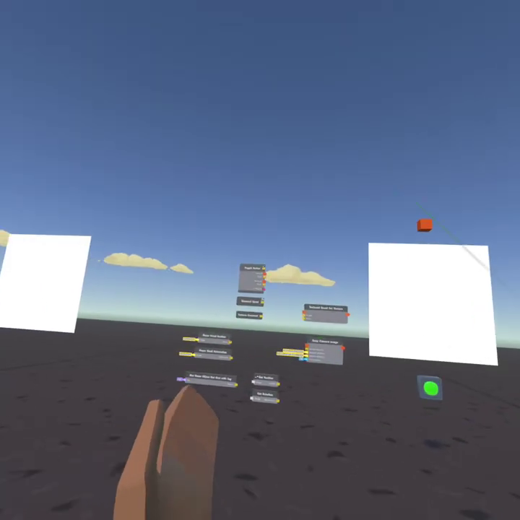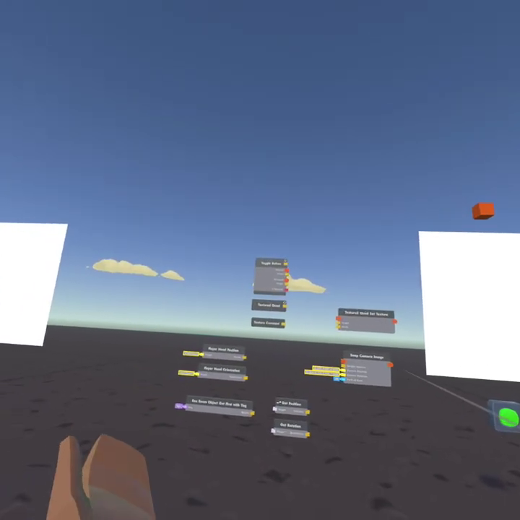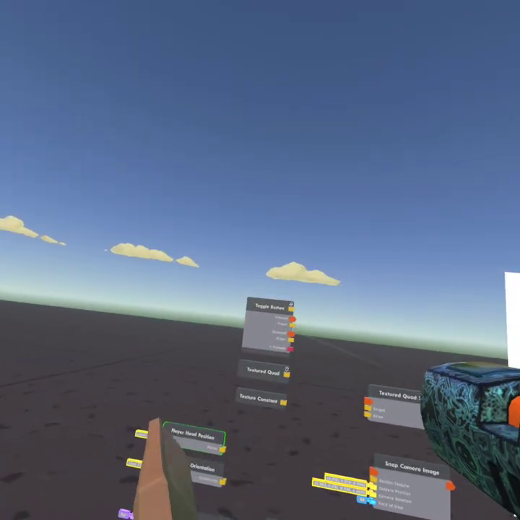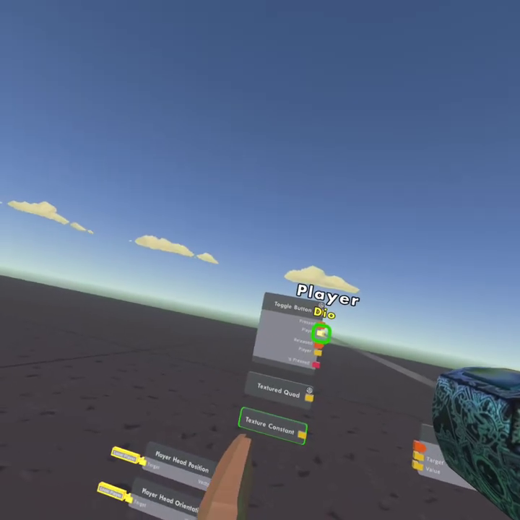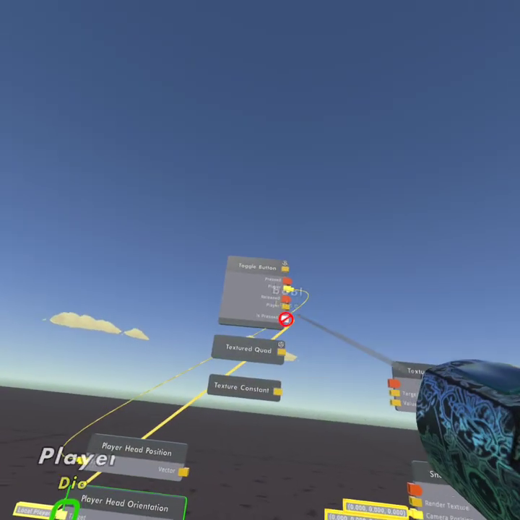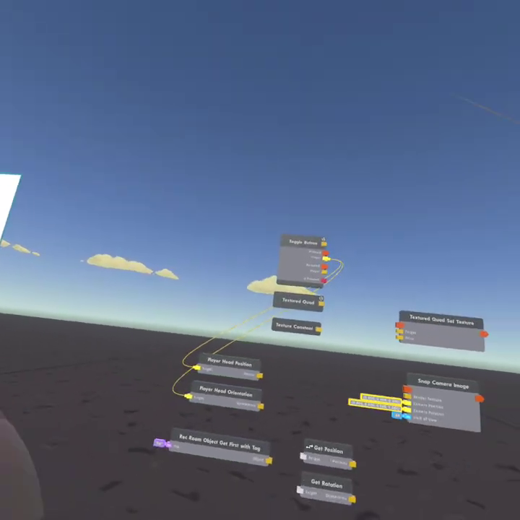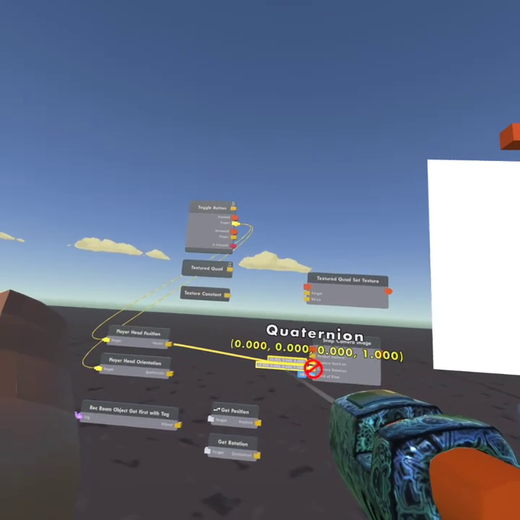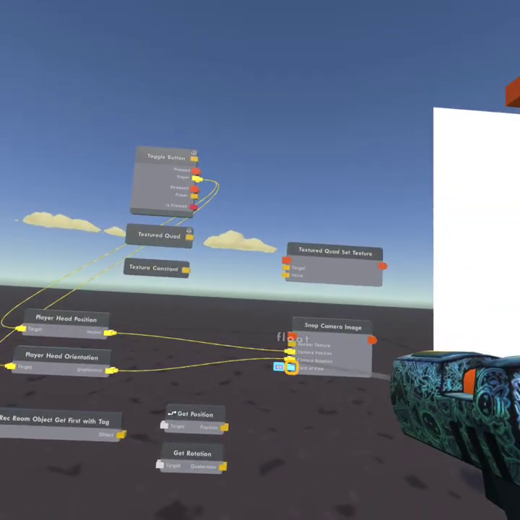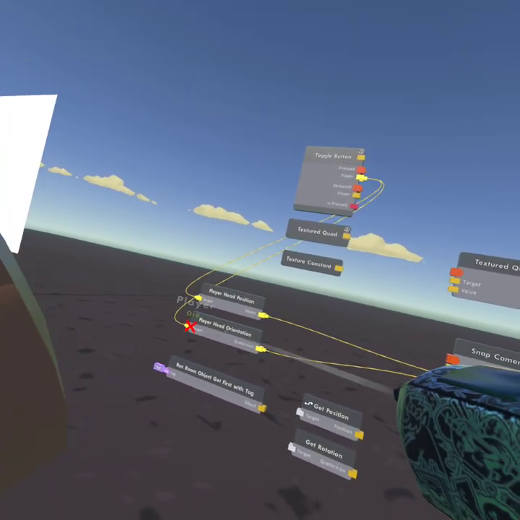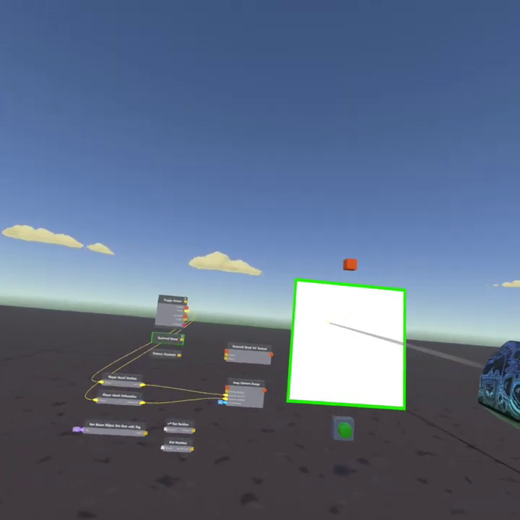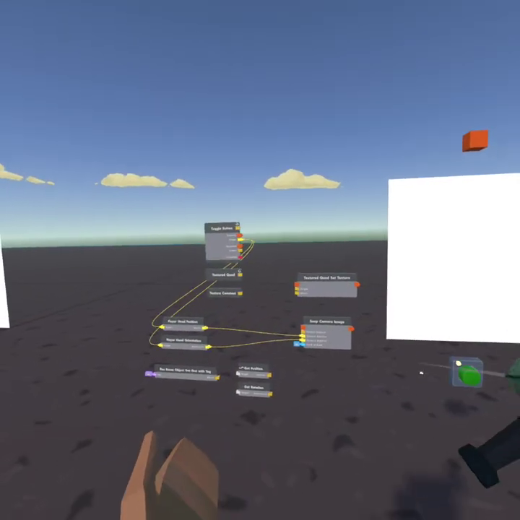Anyways, so to get started, if you want to do a POV system of the player who clicks this button here, you're going to want to connect from pressed, get the player and connect it to the head position and the player head orientation as well, connected to the player who clicked the button, and then just connect it from here to the camera rotation. So the camera position will be the head, and then the player head orientation will be the camera orientation. And so what we're going to do here is you